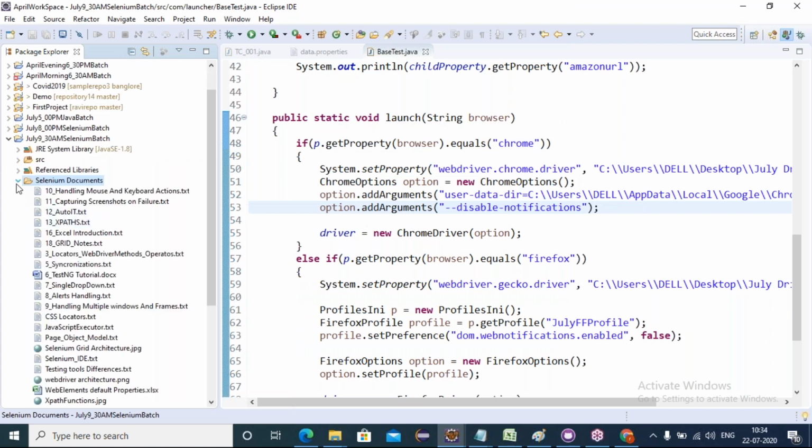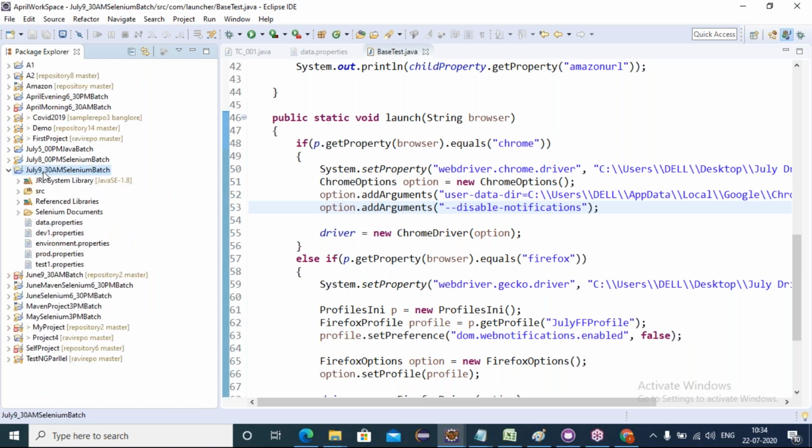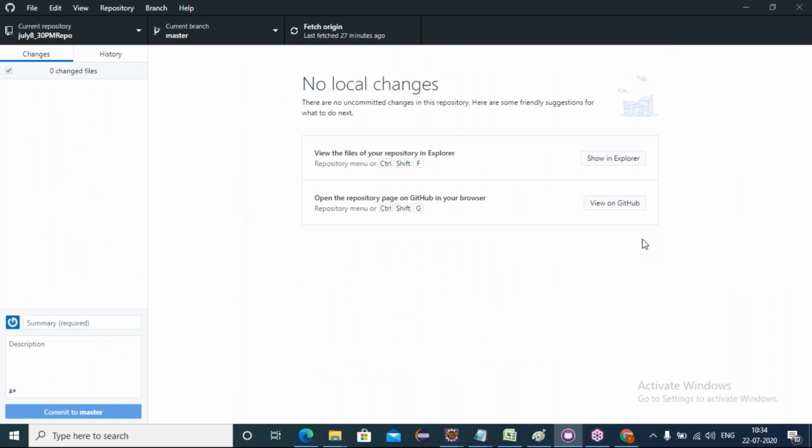Yes, everything got pasted, friends. So here we have the locators and WebDriver methods. Let me keep this project into your GitHub account.